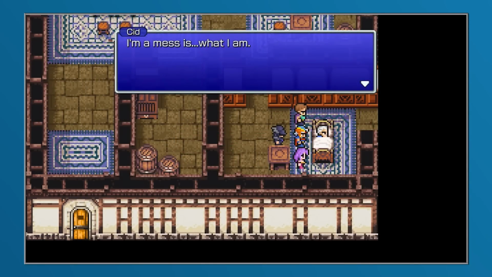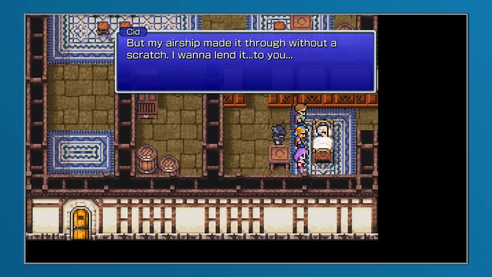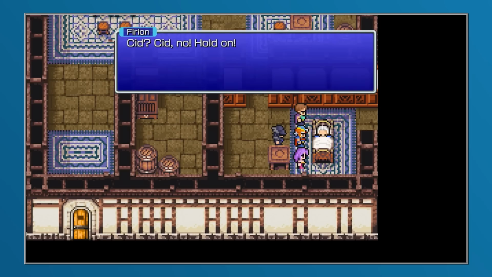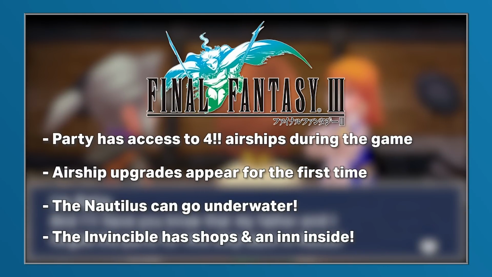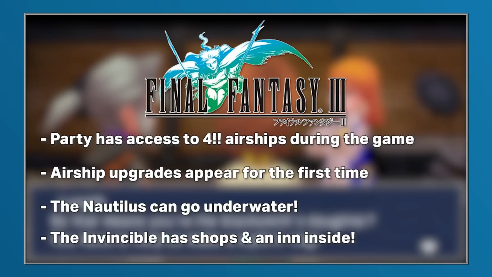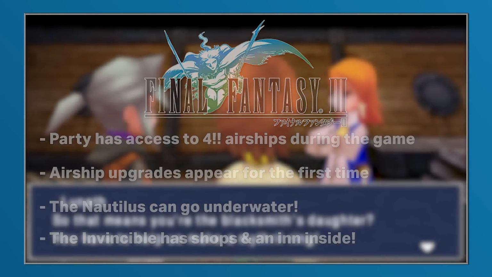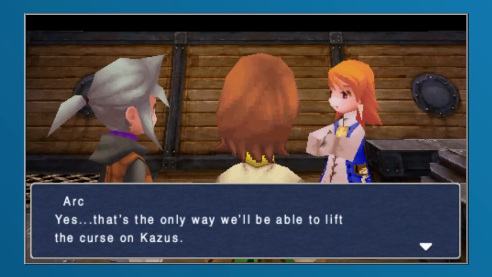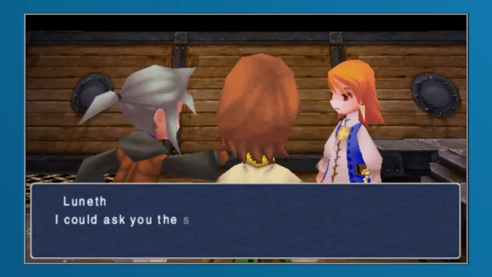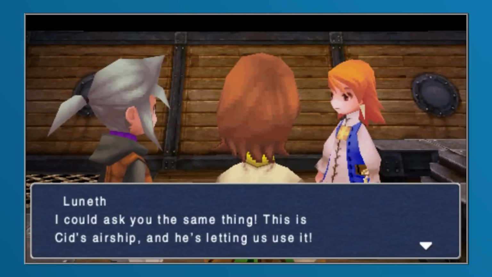After Cid perished at the hands of the Empire, he then bequeathed his airship to the party, and this granted access to a mode of transport that had identical function to what was seen within the previous game. Final Fantasy III, on the surface at least, appeared to continue in the same vein. Perhaps as a throwback to the original Final Fantasy, it would see the party find an airship within the desert west of Kazis. This airship belonged to Cid, who lent it to the party, and it was affectionately named Cid's